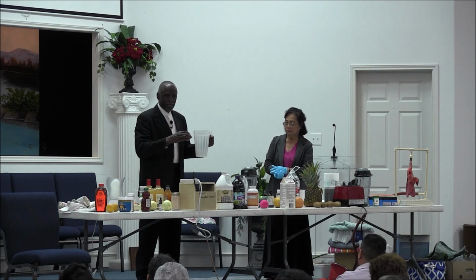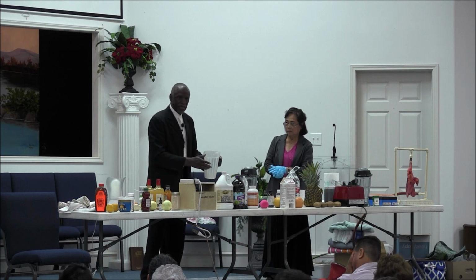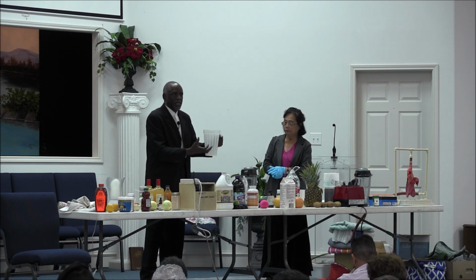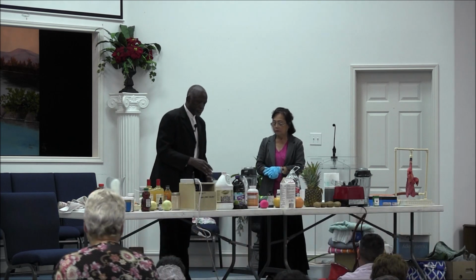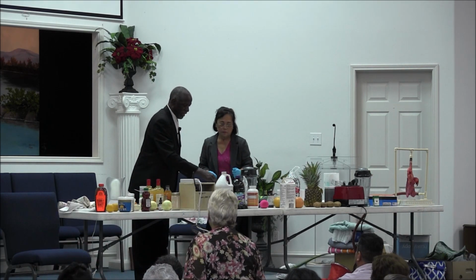So remember now, if your red count goes down, it's going to bring down your platelets, and it's going to bring down your white count. They work together harmoniously. So you want to bring up that red count, that automatically will adjust the white count and the platelets. So let's see how we can do that. Remember, we're going to take, we'll come back to that. Remember, we're going to take our raisins,